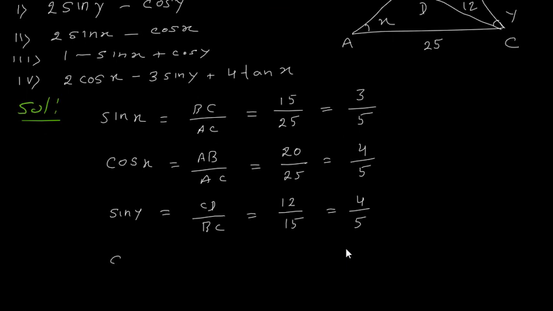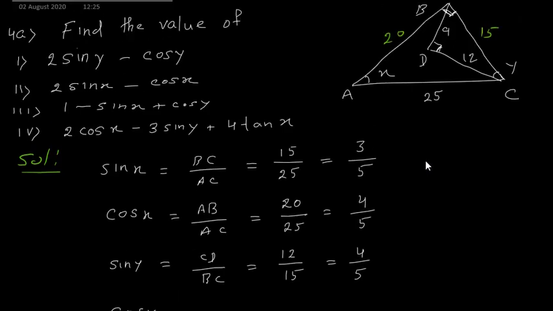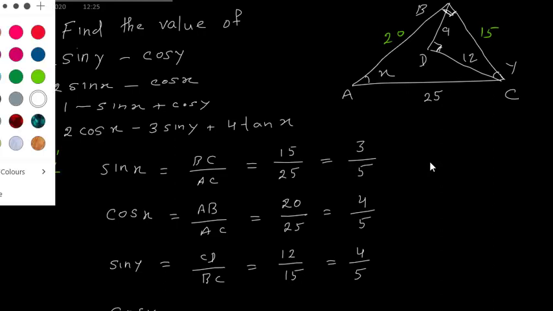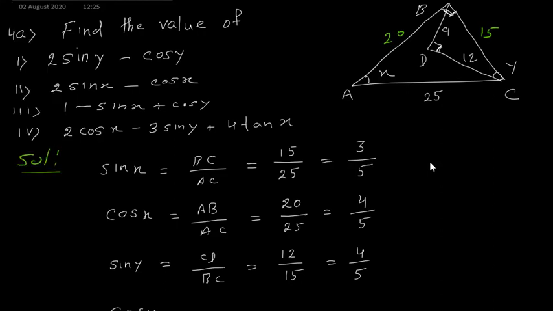So let us find cos y. Now the value of cos y is... sin y I have found wrong. Sin is what? Opposite upon hypotenuse. So this is not CD, this is BD. Okay, this is BD. So let us write the value of BD. BD upon BC. The value of BD is 9 upon 15. So 3 3s are 9 and 3 5s are 15. 3 upon 5, and cos y.